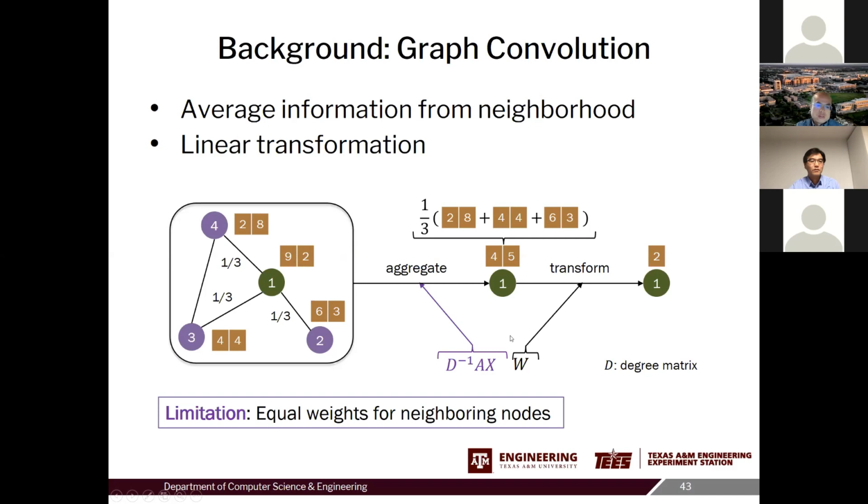If you use this formula here, there is a degree D to the power minus 1. This essentially controls the weight. If you use this kind of weighting, basically each of the neighbors has a fixed and the same weight, 1/3 in this case, because node number 1 has 3 neighbors. And once you compute this, you have a feature vector for this node, then you do a transformation. This transformation is simply you apply a W, where W is the matrix here. And if you view this graph as images, this transformation W is basically a 1-by-1 convolution.